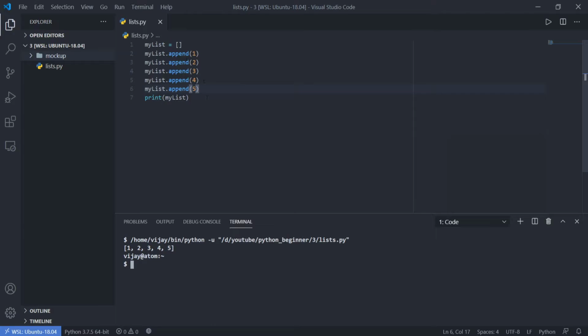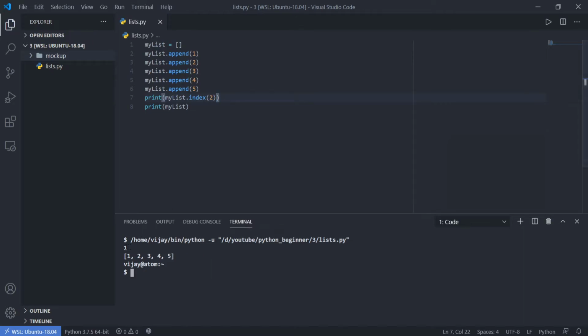Now remember how I said before that Python is an object-oriented programming language? And this list is actually an object. Now when we use this dot syntax and dot append, this is actually a method of this data type, which is a list. And there are lots of other types of methods that we can use on lists. Another method we can use is dot index. Now, what this does is returns the index number of a specific item in the list. So if I put in here 2 and I print this out,